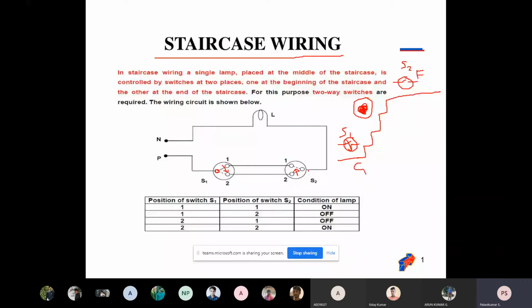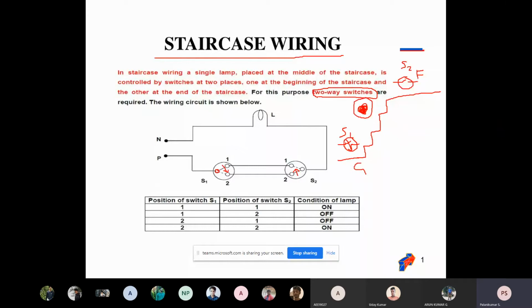So likewise here, whatever phase current comes out, I can tap it or facilitate that current by means of two points, that is two-way: one way to this side and another way, two, to this side. So there are two. That's why it's called a two-way switch. This is mentioned here as two-way switches.